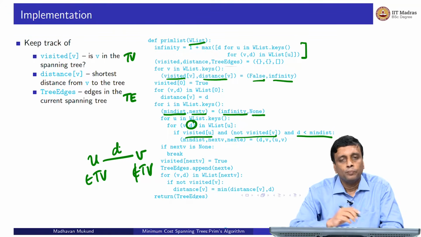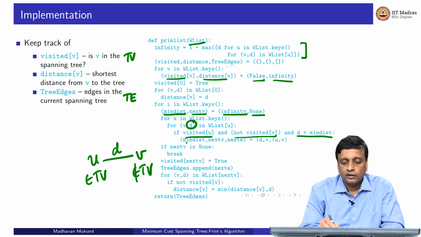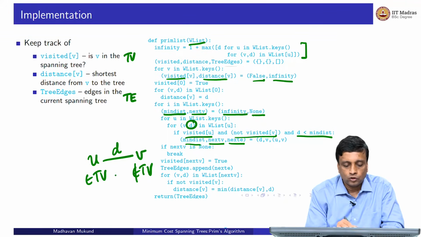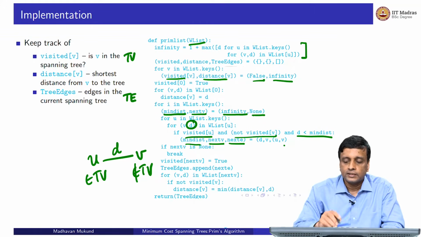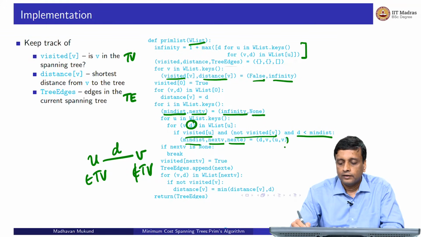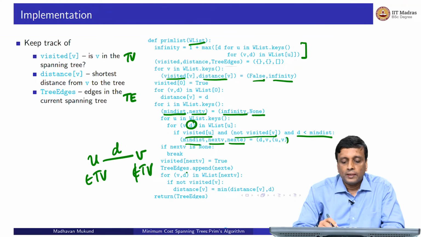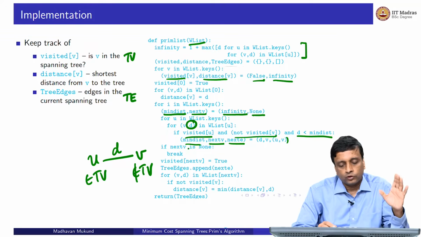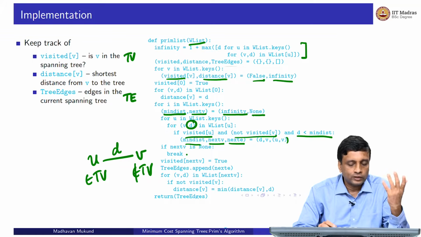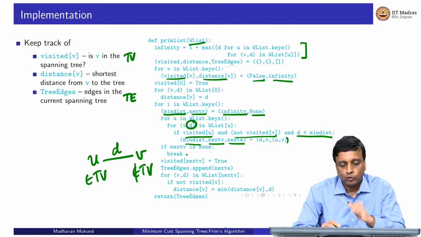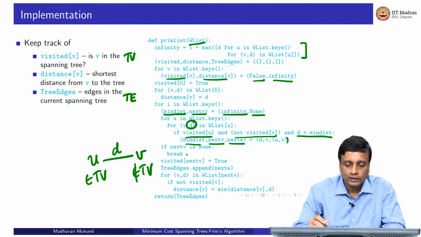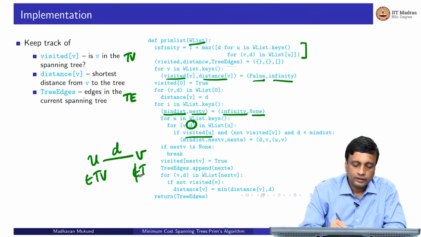So, at the end of this loop, I have found the distance which is minimum, and I have found the next vertex, and I found the next edge also, which is the UV. This is the next edge to be added, right. So, if I have not found a vertex to add, I come out of it. This will be a pathological case when the graph is not connected, which we need not worry about, but I put it for completeness. But in general, I will come to this point, right, where